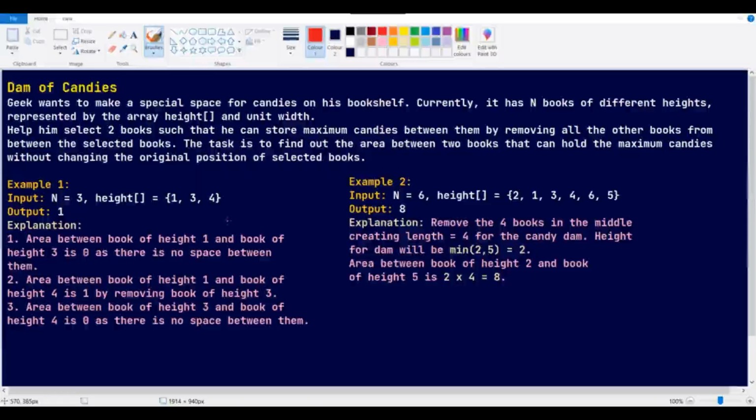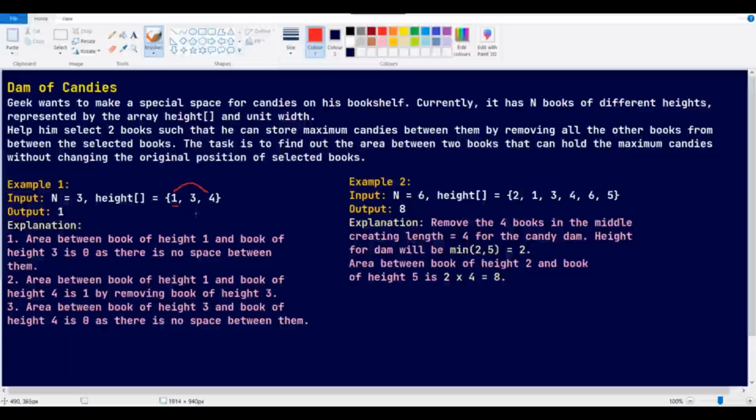So we just need to find what is the maximum capacity that the shelf can hold, or the maximum chocolates that can be hidden. In this case the output is 1. This is because they have used a formula and they have mentioned that here. The formula is we just need to find the minimum of the starting and end values. So in this case we compare 1 and 4 and we will get 1, right?